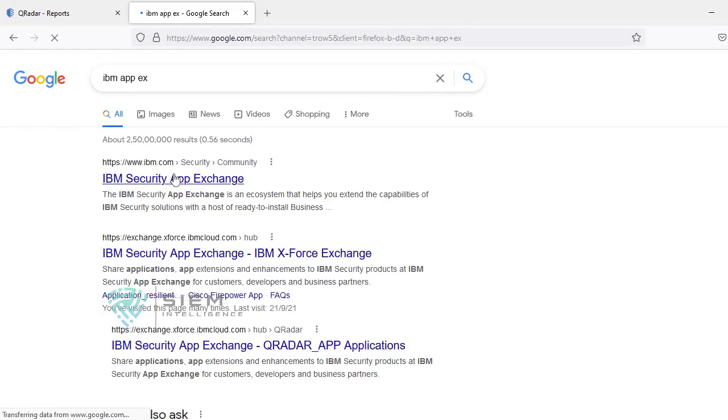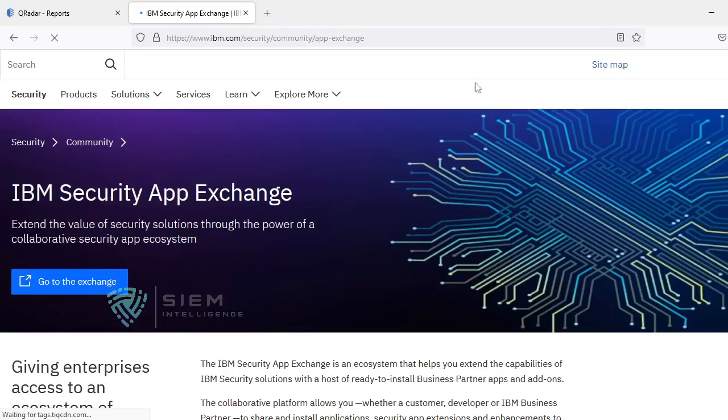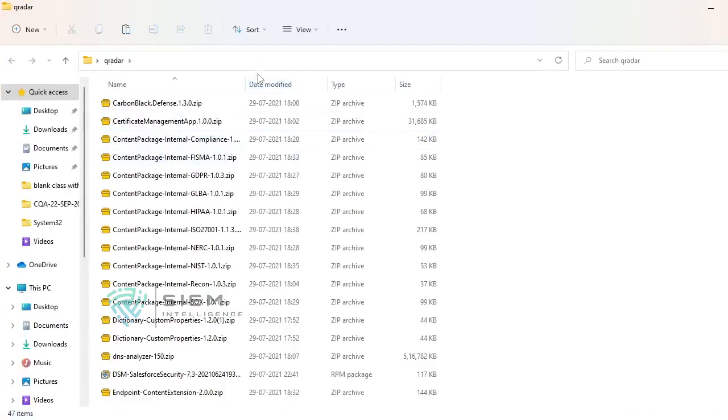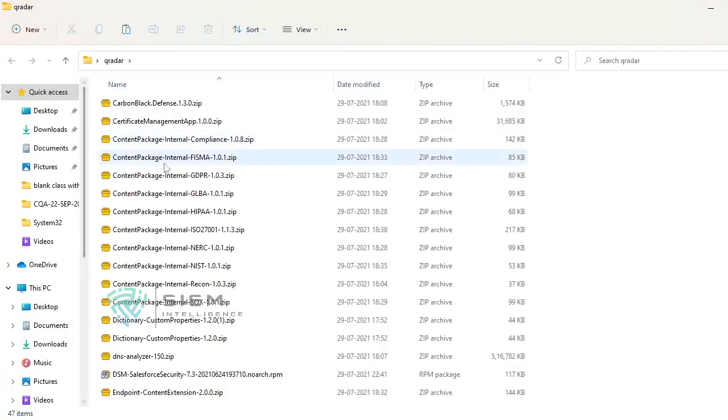I have already downloaded, but I'll show you. We'll talk about App Exchange further. If you go and see in my QRadar, see these are the compliances. This is something like content packages for HIPAA, GDPR, GLBA. There are so many compliance packages